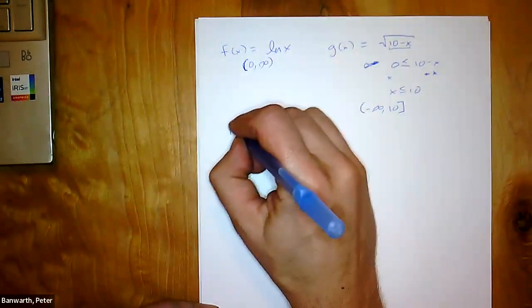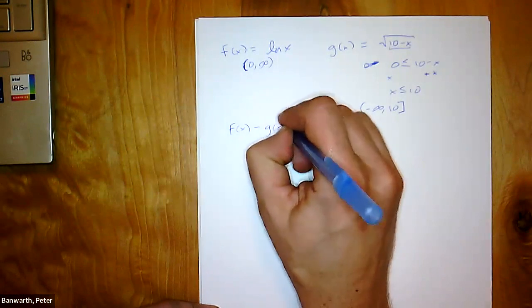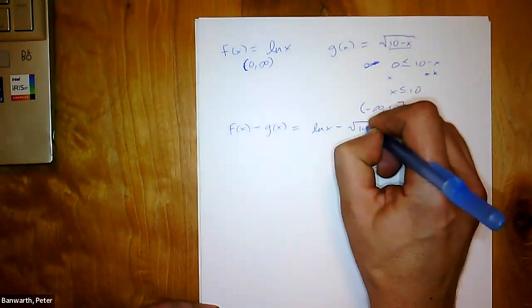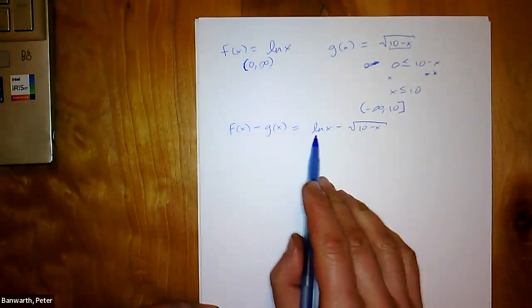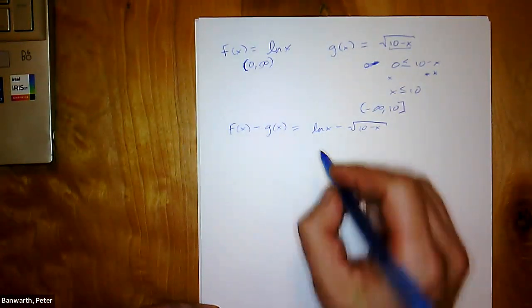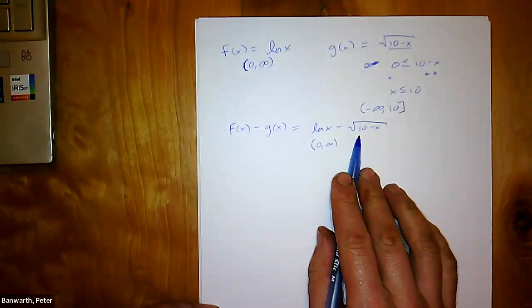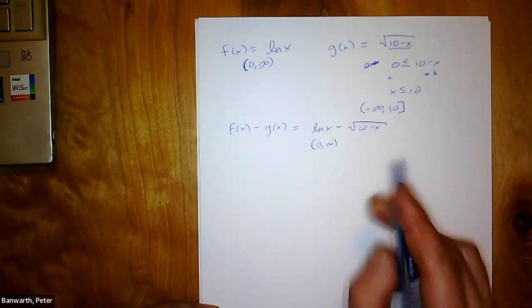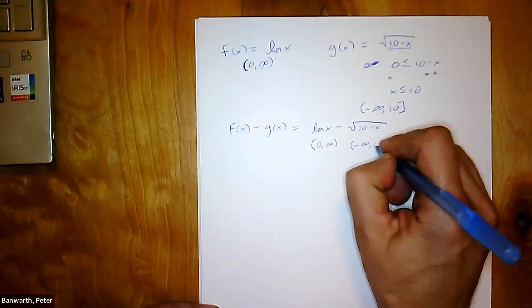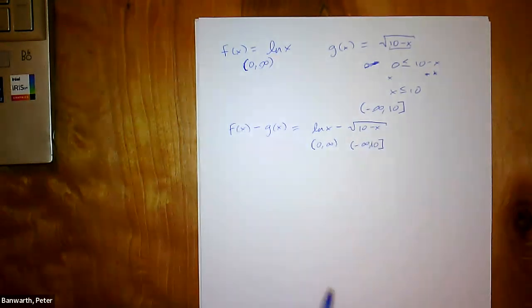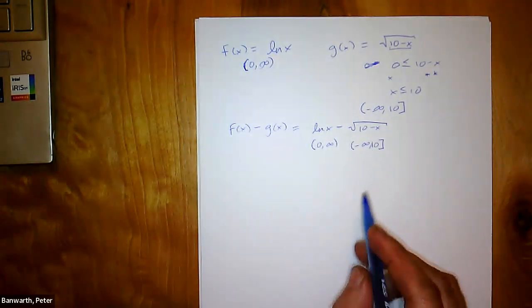So if I want to take f of x minus g of x, that's the natural log of x minus the square root of 10 minus x, but it only counts when I can use natural log of x, so that's 0 to infinity, and it only counts when I can take the square root of 10 minus x, so that's negative infinity up to 10, and if I put those